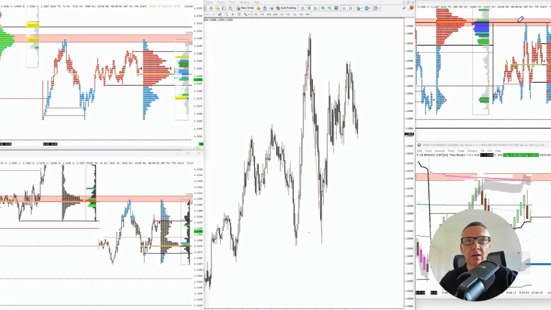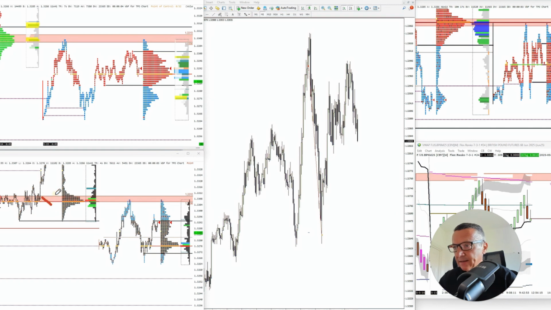So here we've got one confluence. Then we have two confluences. But why is this a confluence? Well, this yellow here is called delta. That's where a lot of activity has happened in the previous session. So it's very likely we've got pending orders sat in this area. And then this area here,